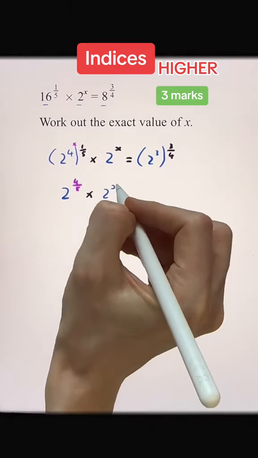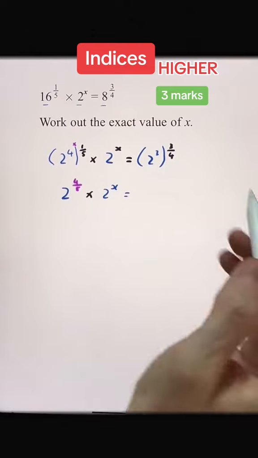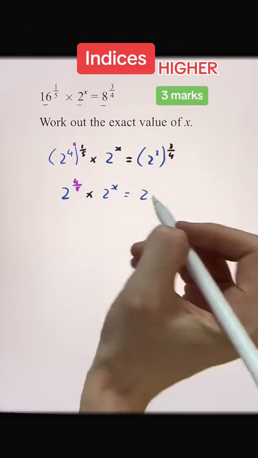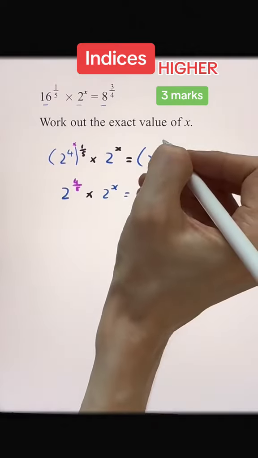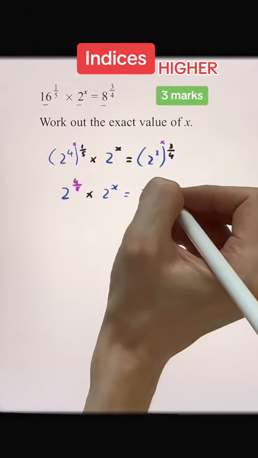And on the right hand side, again, if we've got a power raised to a power, we know we keep the base the same, in this case 2. And a power raised to a power, we multiply our powers, in this case 3 multiplied by 3/4 will give us